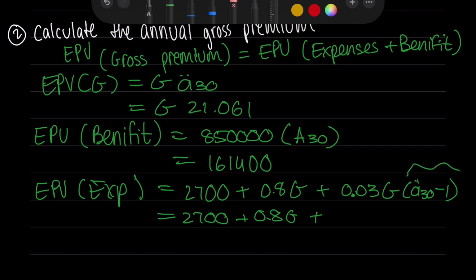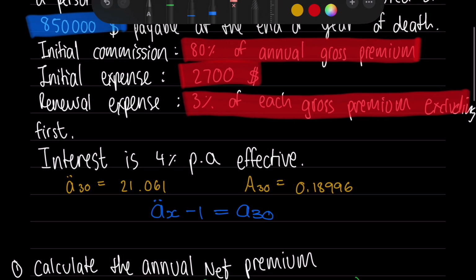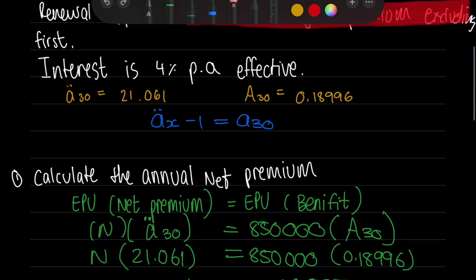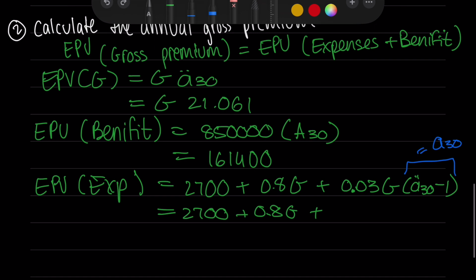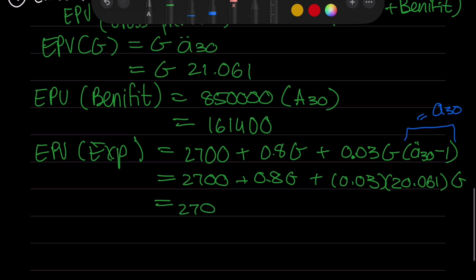We know this because I'll write it here again just to stress that this is equal to, okay, let's continue. And we know that it's tabulated, so this is going to be 20.061 times G. Just simplified one last time. G times 0.8 plus